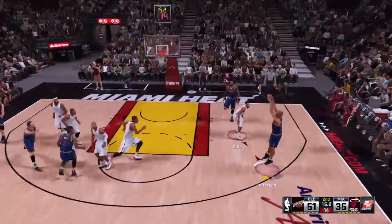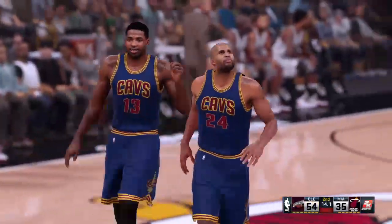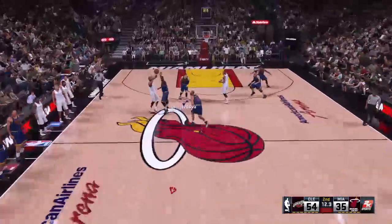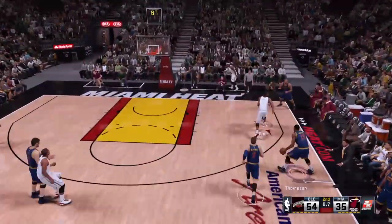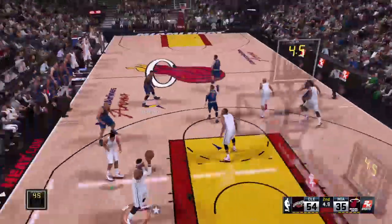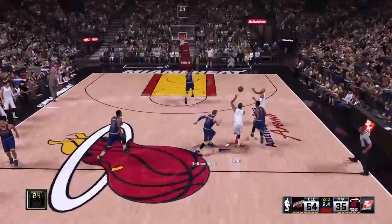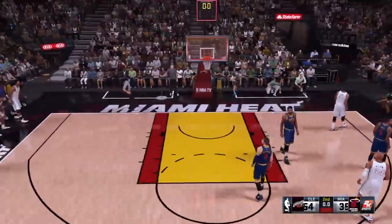Smith kicks to Jefferson. Another three for Cleveland. And that's going to increase the field goal percentage even more. They have a huge edge in that category. And that's because they've been playing smart basketball. I mean, they've been very patient offensively, and their shot selection has been superb. Allen inside the three-point line, and through the first half,